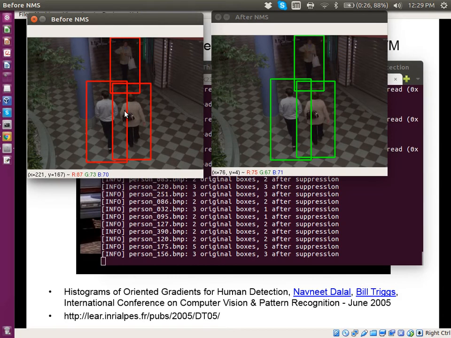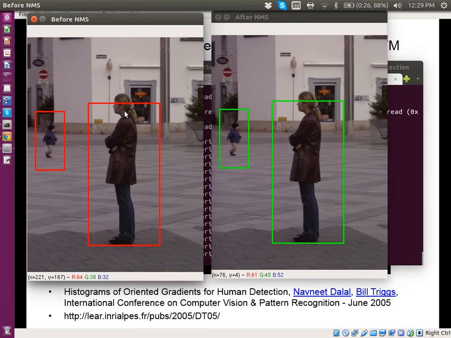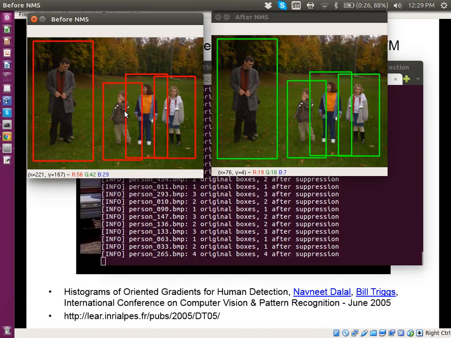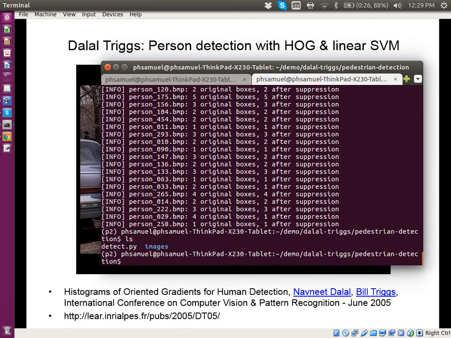And actually, it was state of the art, I would say, 7-8 years ago. So it's pretty nice. And in terms of speed, it's quite fast also. Let's see, I think I even have a